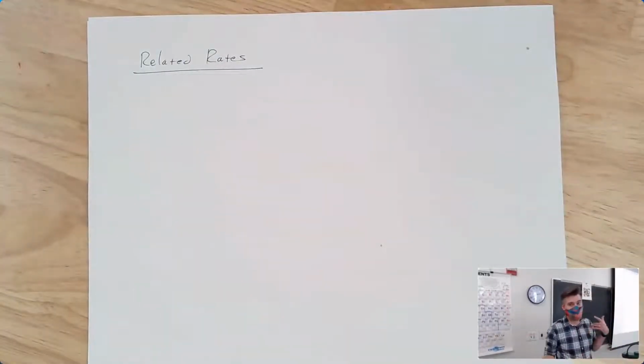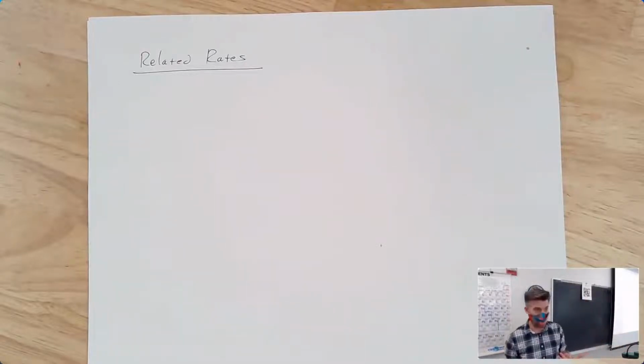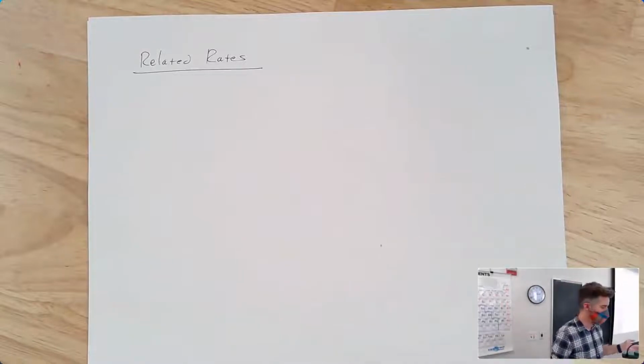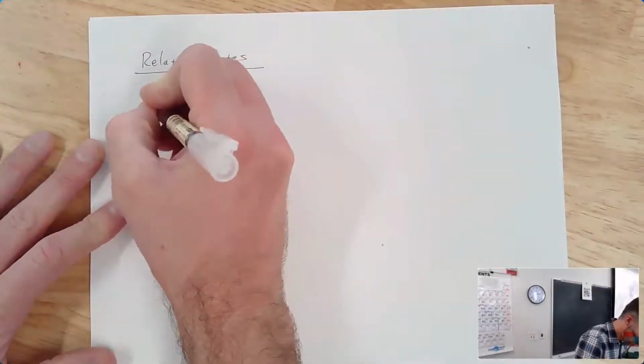Related rates. I feel like math is not very innovative when it comes to names, right? We're just like, let's call it the thing that it is. Related rates literally means you've got rates that are related. One thing is going to be changing, and we're going to ask how another thing is changing. Here is a very common example. The radius